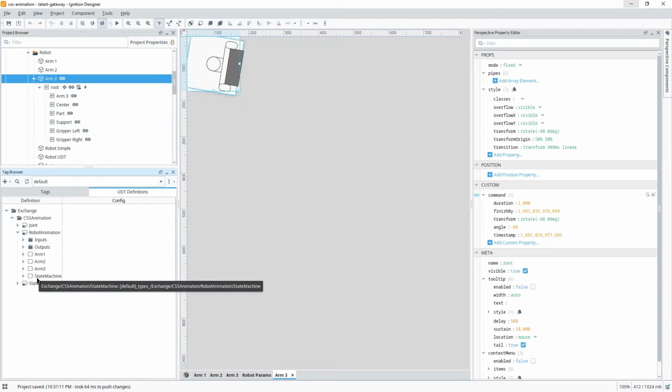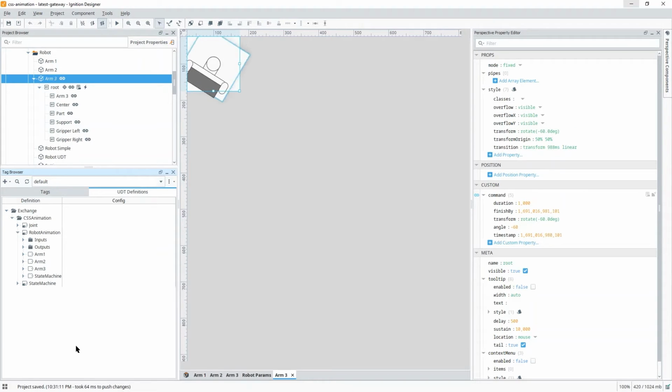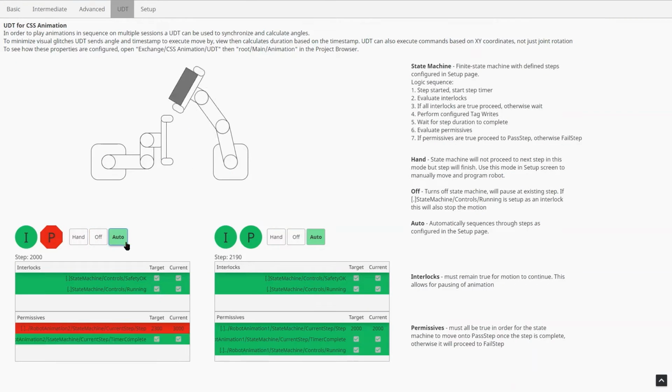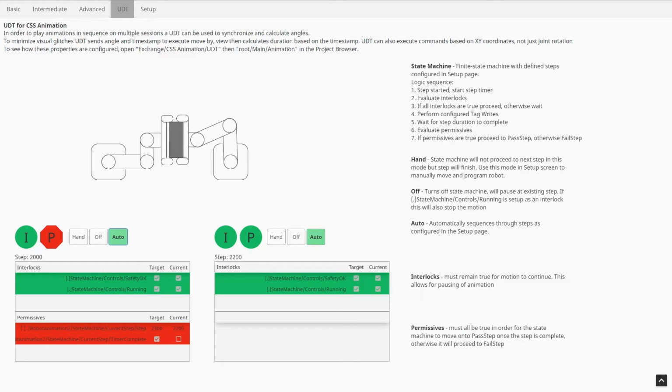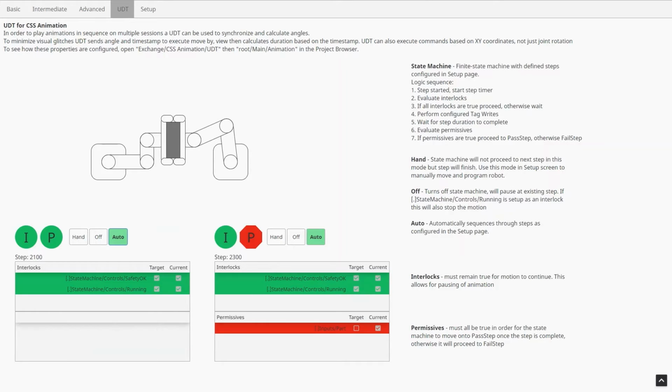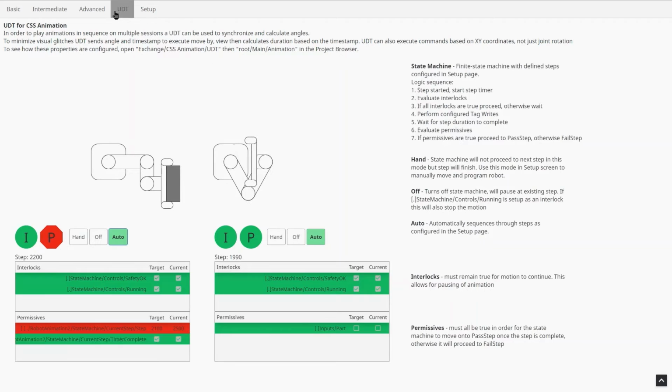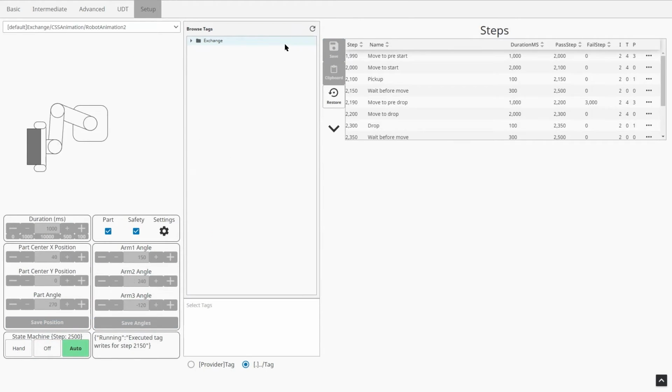All it really does is it wraps all of them together, and it does change some of the tags from memory tags to reference tags. And you can see our animation is going pretty crazy. Let's put it in a happier place. All right. That wraps it up for the UDT page. Let's take a look at the setup.